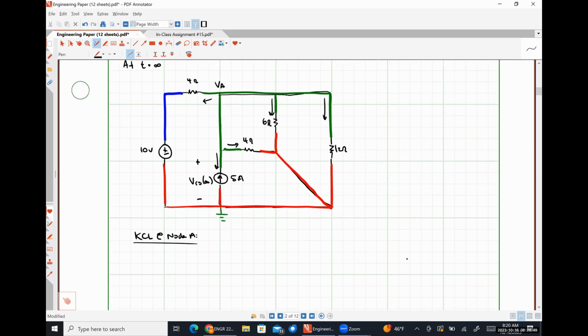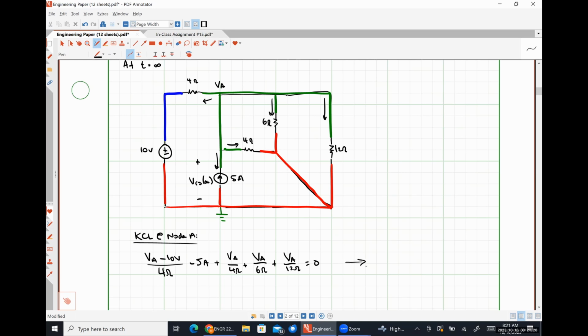So it's going to be VA minus 10 volts over 4 ohms, excuse me, minus 5 amps, plus VA over 4 ohms, plus VA over 6 ohms, plus VA over 12 ohms is equal to